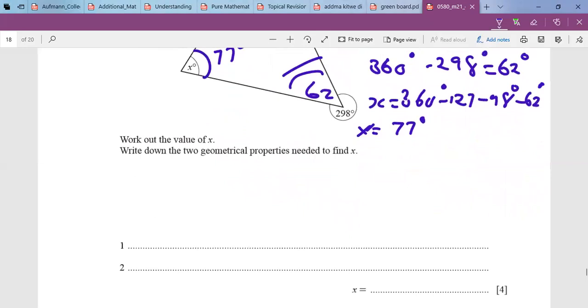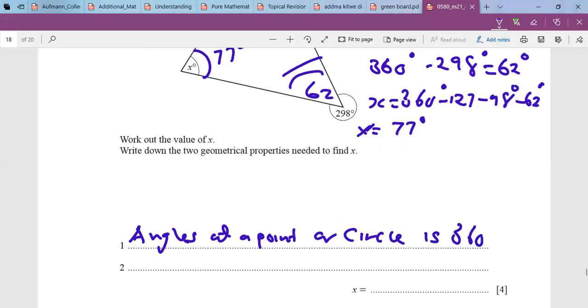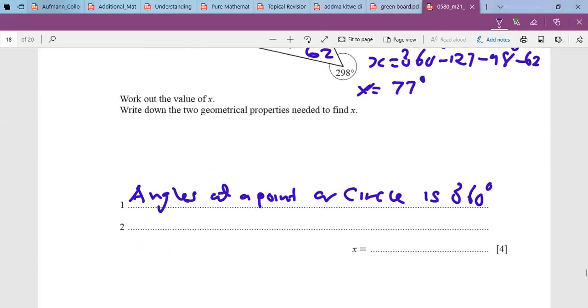All right. One, the first one we have used is angles at a point. Angles of a circle is 360. That's what we've used. Then the other one, we have also used 360 here